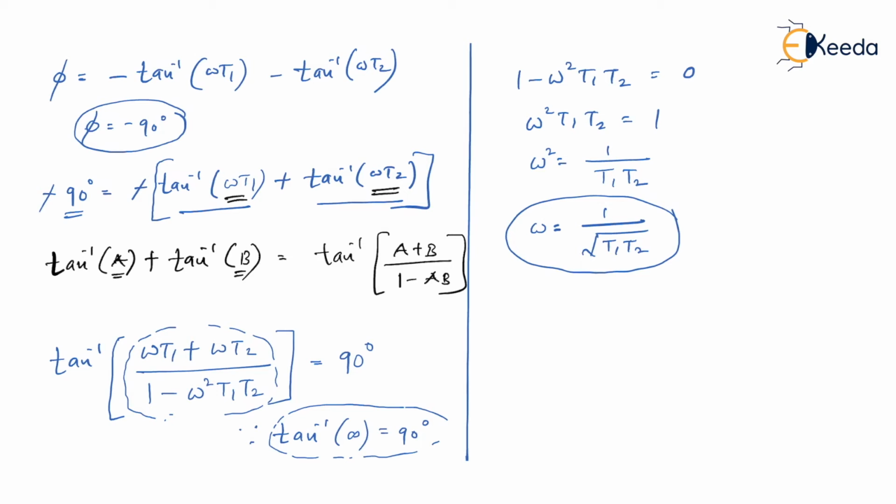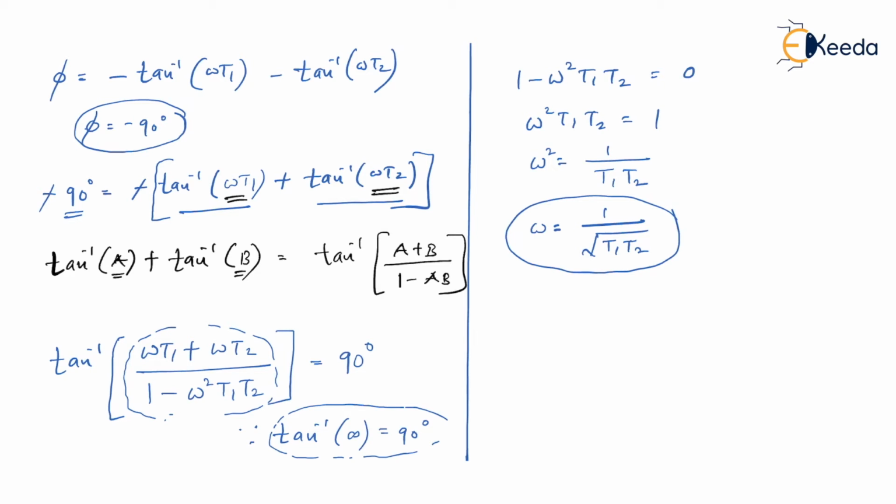If you remember, my aim is to find omega. My aim was to find the value of omega. At which point? At intersection point. At intersection point, what was the value of phase? The value of phase was 90 degree. In fact, it was minus 90 degree. So what I did, I took the expression of phase. I have substituted my phase angle as minus 90 degree. The only one thing which was unknown, that is omega. So I have calculated omega.